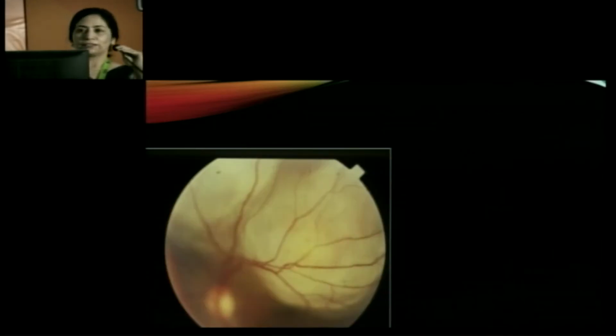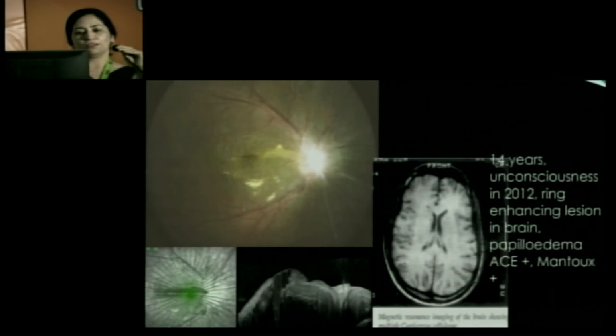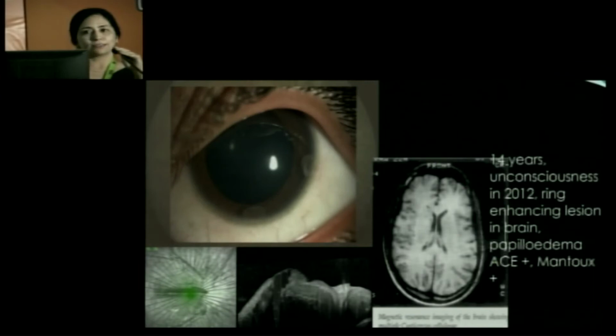Tuberculosis, subretinal abscesses. Diagnosis is slightly difficult in children because most of these patients are Mantoux positive. They respond very well to the ATT. This is a patient with neuroretinitis. The patient had a history of unconsciousness, extensive fibrosis on the disc, epiretinal membrane. The patient had neuro lesions, enhancing ring lesions on the brain, and in the anterior chamber there are cysts. So this was